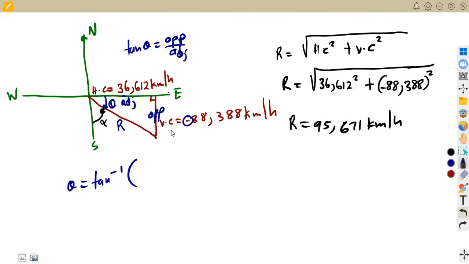The sign there is just to indicate which quadrant we are in. So when you are calculating, this sign is not important. Just use the value as it is, which is 88,388 0.88 in this case, over the horizontal component, which is the adjacent, of 36,612. So that is what we're going to have. So you can calculate your theta,